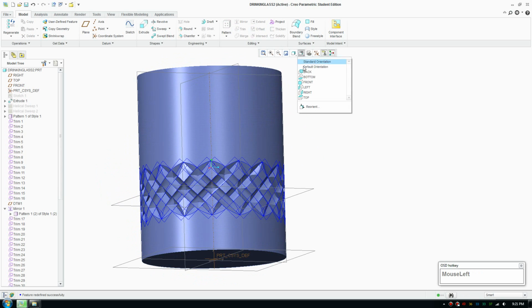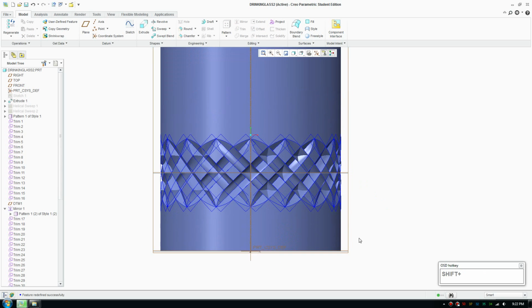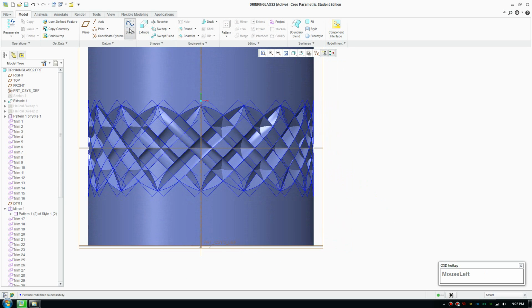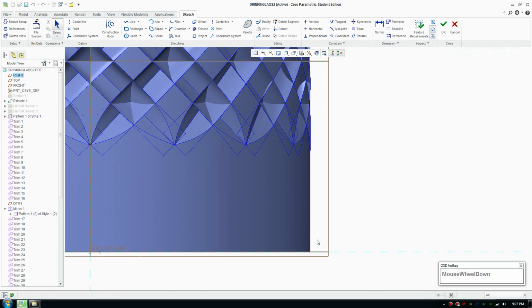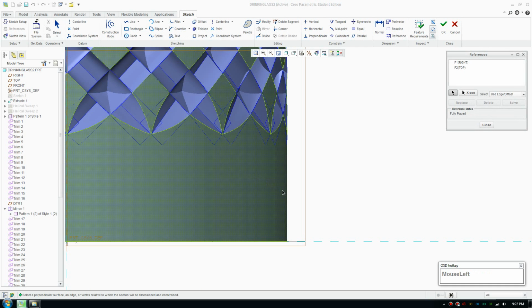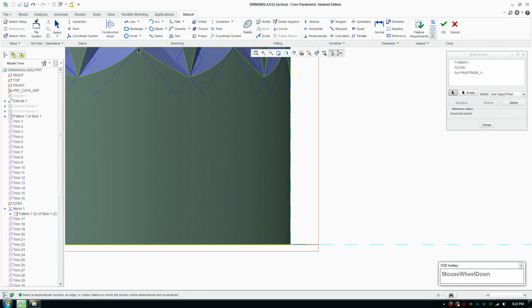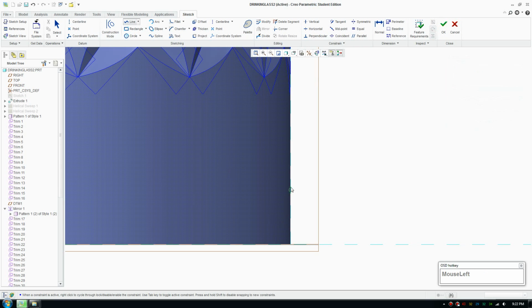And now I'm going to switch to front view. I'll go into sketch, create a sketch on here. I'll just create a profile cut here and turn on reference so I can draw on the edge. Now what I'm going to do here is draw a line from there to there, and from the bottom that's 7 mil, from the top to the bottom that is 13,